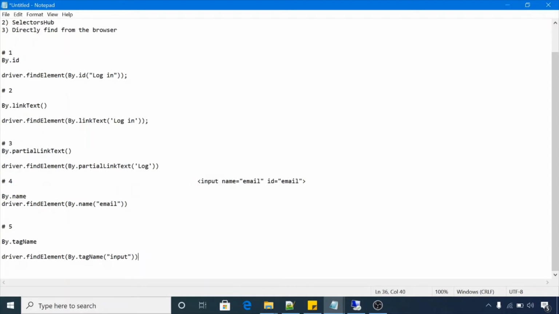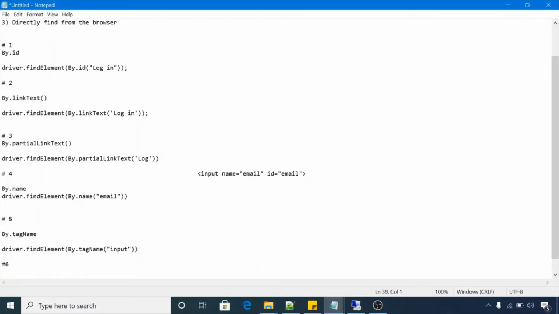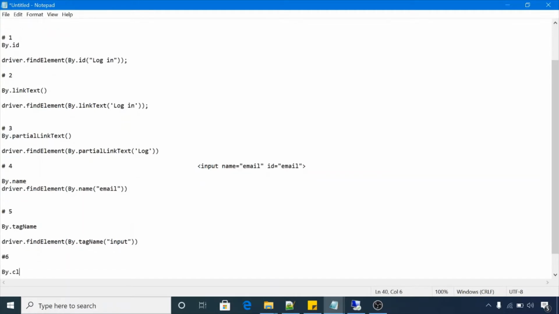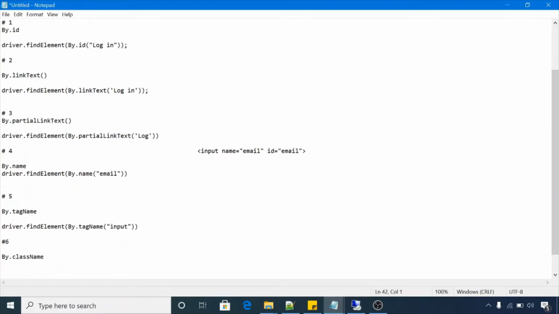If we use this, it will just find this element, not click on it. So the next strategy is By.className. We have one strategy, By.className: driver.findElement(By.className).